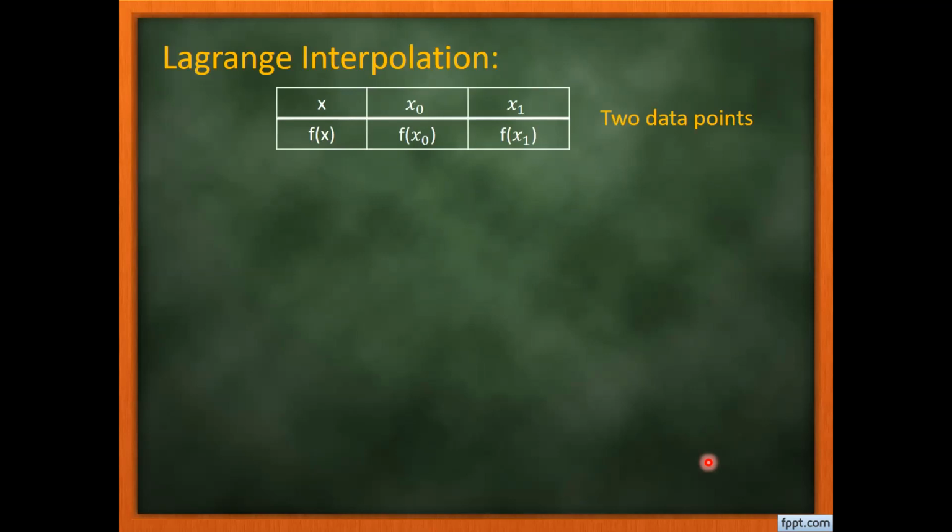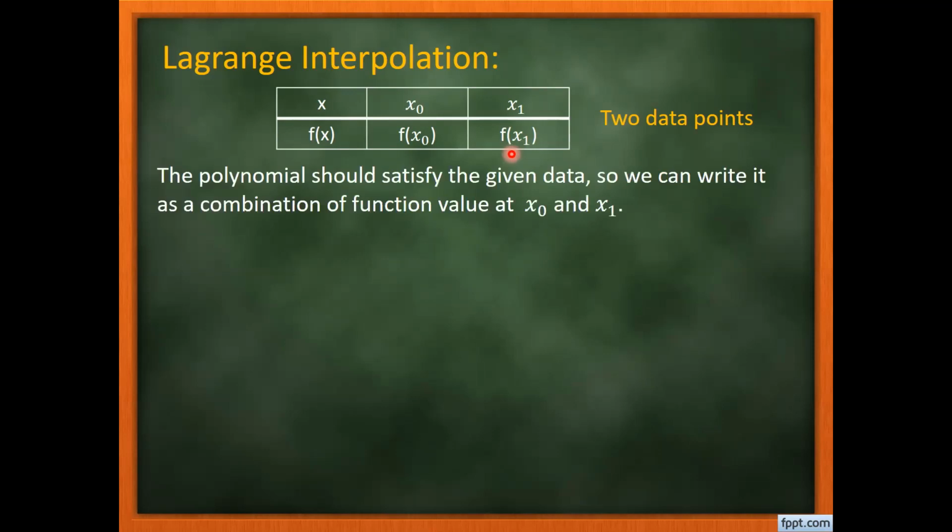So let's consider that we have two data points, x0 and x1, and the function values are f of x0 and f of x1 at these two data points. Now I want to develop a polynomial such that at x0 its outcome should be f of x0, and at x1 its output should be f of x1. So what I can do is write the polynomial as a linear combination of these two values, f of x0 and f of x1. I need to multiply them with some variable coefficients, which are known as Lagrange coefficients,